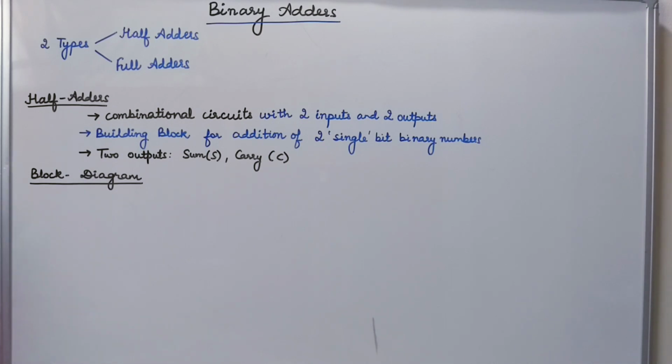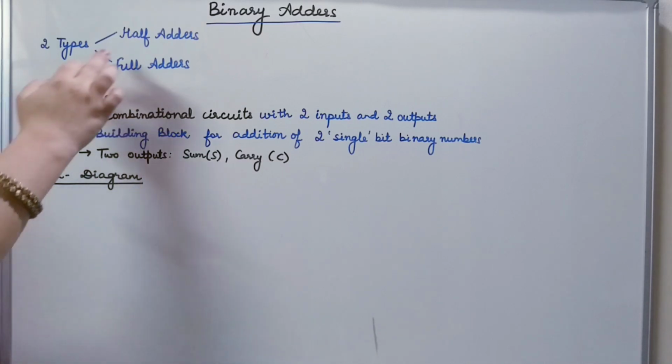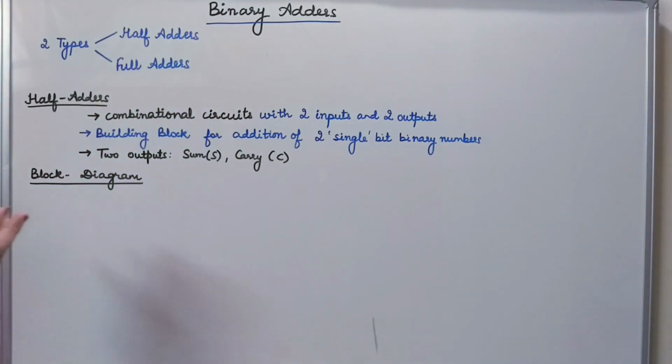Now, since we are talking about the logic circuit, we talk in terms of the binary system. Binary means representing in 2 bits, which are 0 and 1. So we will be taking binary adders. That is a form of a combinational circuit. And there are two types of binary adders, half adders and full adders. What is an adder? Basically used for the addition operation.